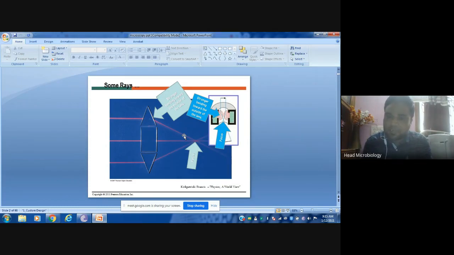That is called as, somebody answered now, that is called as refraction. So if we are thorough with our basic knowledge, it is very easy to understand the microscope and other things. If you are not good at your basics, it will be very difficult to understand.